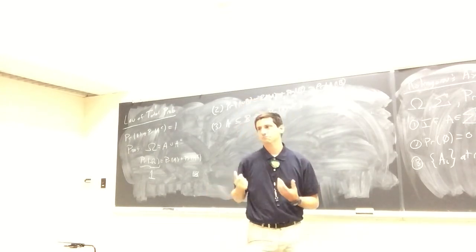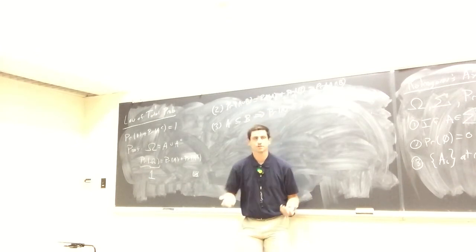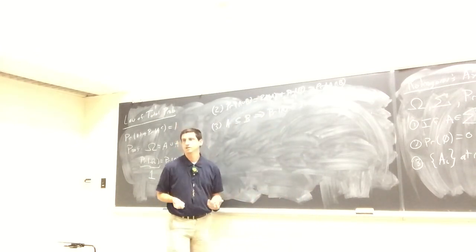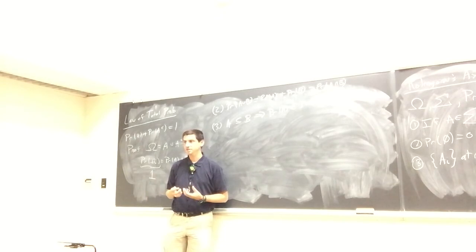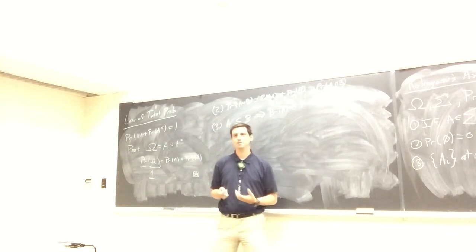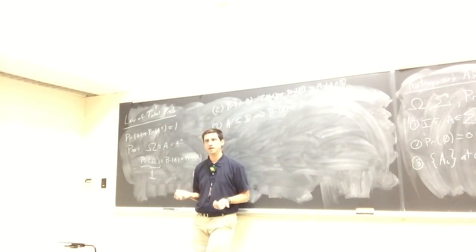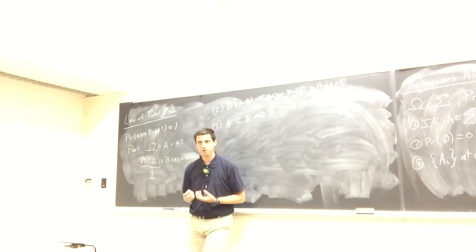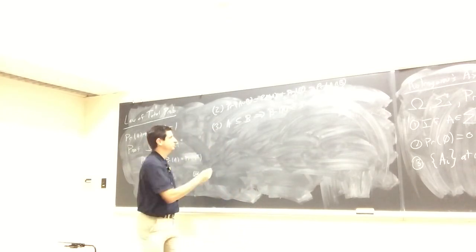This should be screaming at you, of course. We've done it, right? B is larger than A. It has at least as many things. I can't be assigning negative probabilities. The probability that B happens can't be less than the probability that A happens. But we want to prove this rigorously from our axioms. We don't want to have to use this as another axiom. So the proof